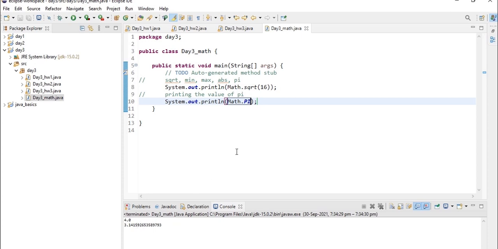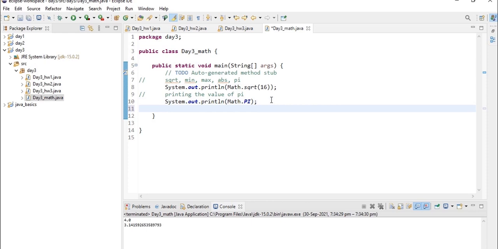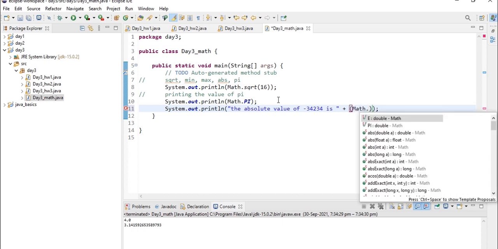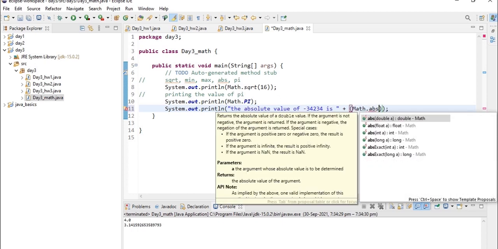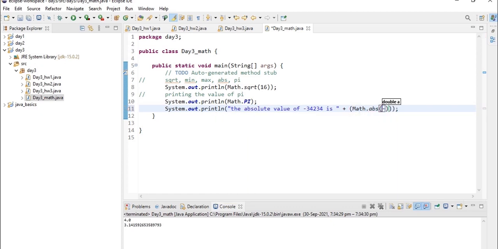So now let's demonstrate the abs method, that returns the absolute value of a number. System.out.println, the absolute value of, let's say, minus 34234 is, and Math with capital M dot abs of minus 34234, and let's execute this.